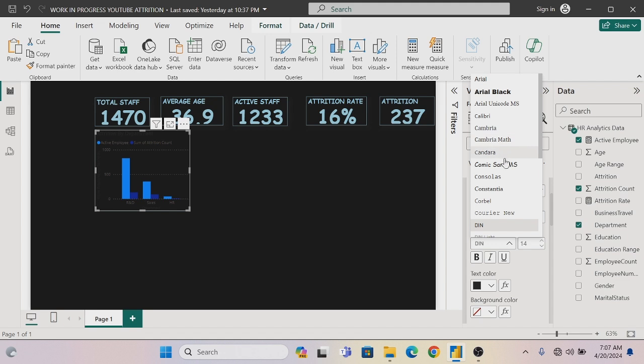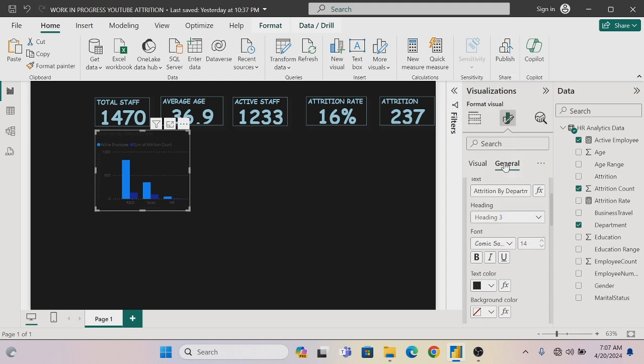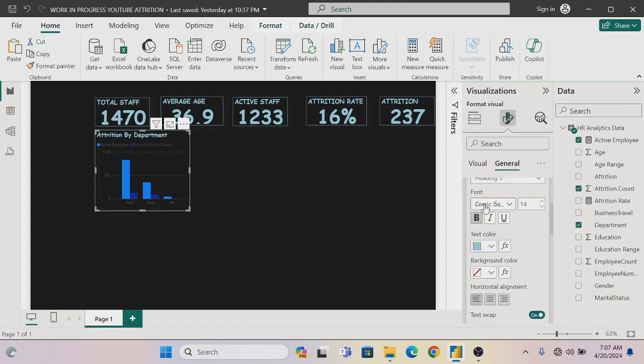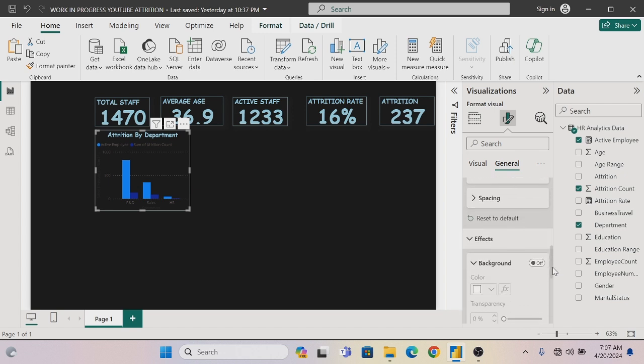And I want this to be Comic Sans. I want it bold. I think this 14 is okay. The text color, I want to put this. I want it in the middle, so I'll click center. Okay, so next,